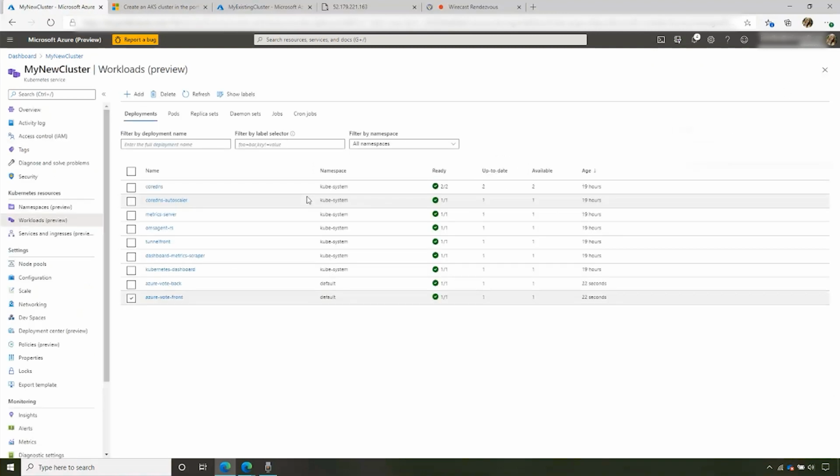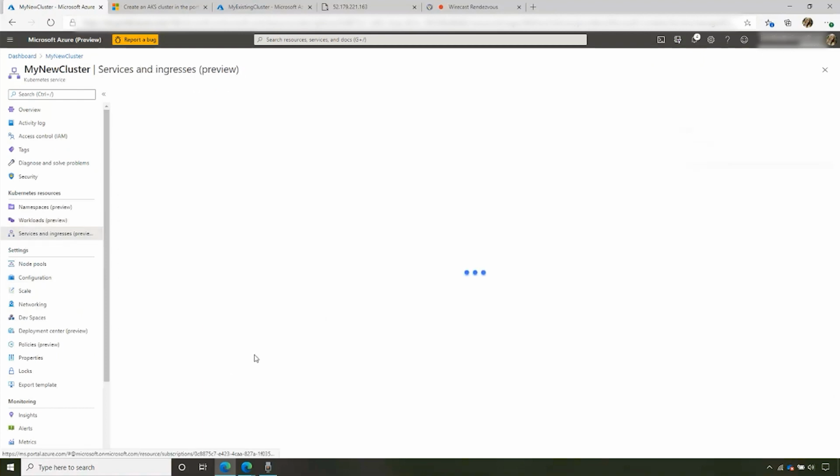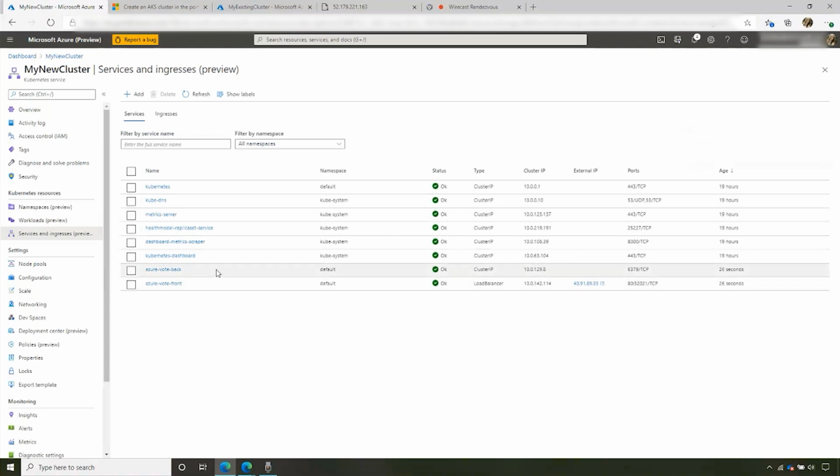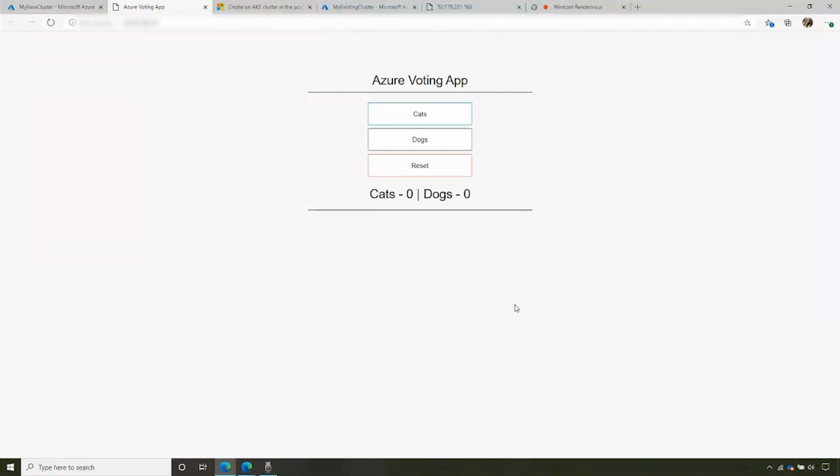For now, let's go look at the services. So we expected 2 services, and we should get exactly 2 services. Here they are, a front end and a back end. You'll notice something special about this front end service, which is that it has an external IP address. This is because we wanted our application to be accessible to the public internet, so we made it a type load balancer. If I click this link, it'll take us to our brand new application that we just deployed, where we can vote on whether or not we prefer cats or dogs.